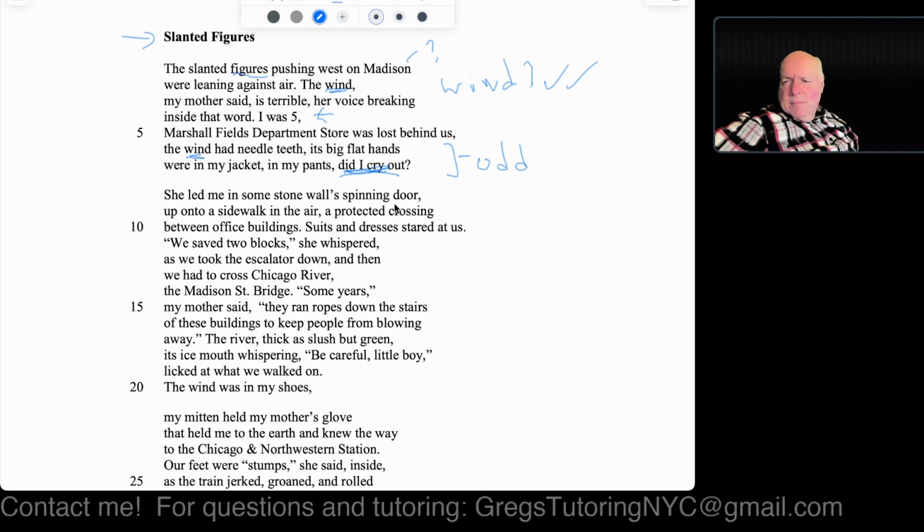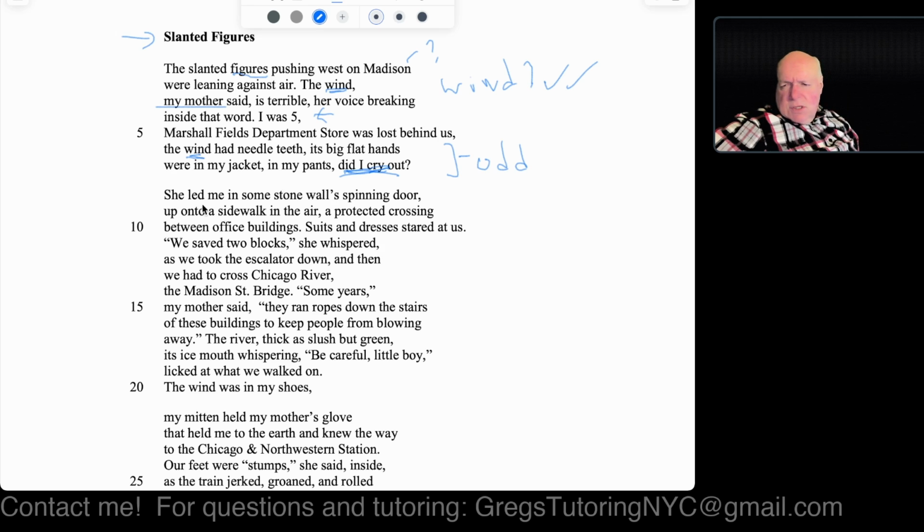We also know the other character in the story is the kid's mother. So they seem to be walking somewhere away from this department store. Probably they just went there and bought something from there, but we don't know. There are lots of oddities here, but the author is repeating the windiness multiple times, not only using the word wind literally, but also the figurative aspect where it's personified as if the wind is inside the kid's coat.